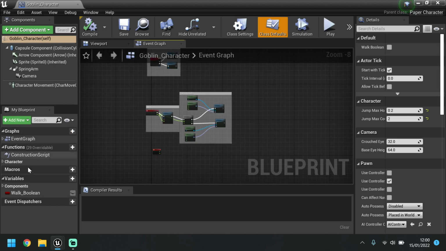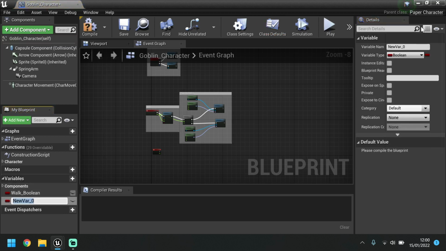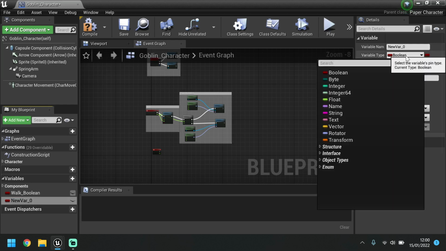So to do this, we go to variables here on the left, a bit like when we set up the walk boolean, which we're now not using, but I've just got it in there still. We click add, and we're going to set these up as a